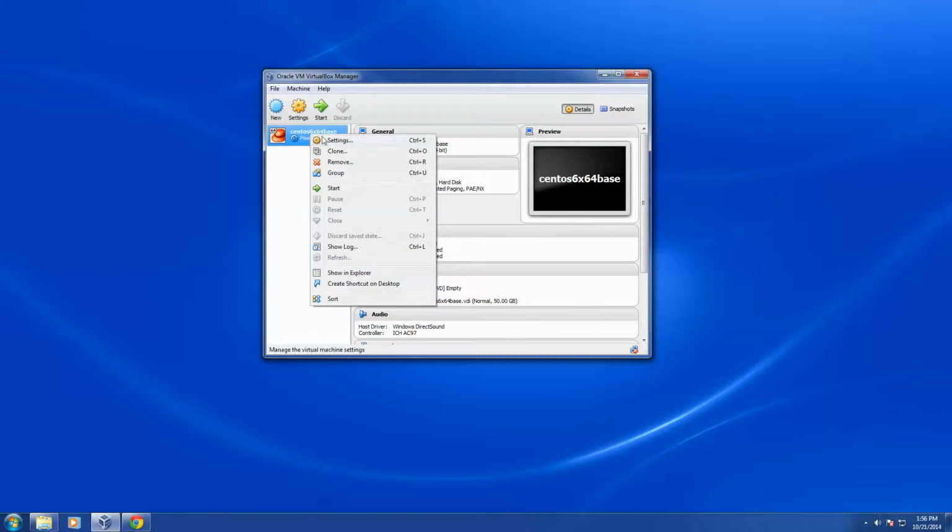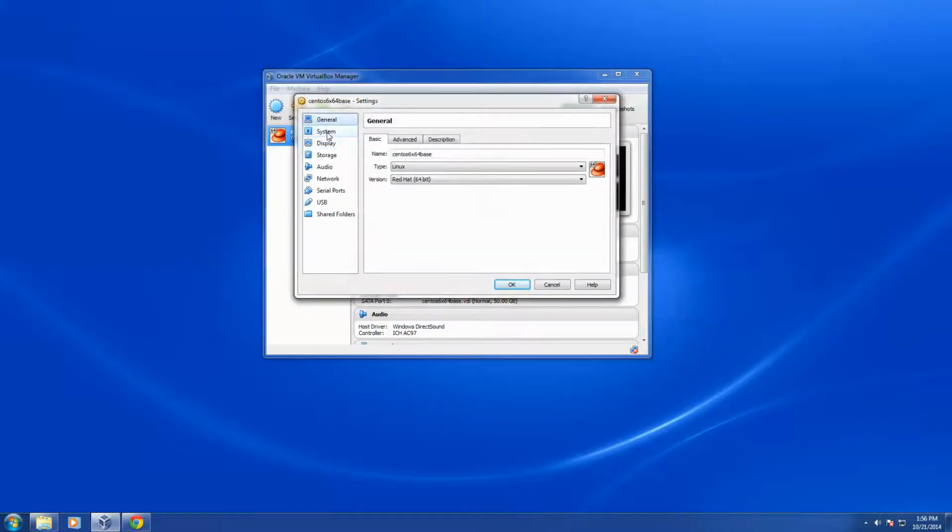Now I'm going to right click on this and choose settings, and I'm going to go down to system and processor and choose how many processors do I want to have for this. I've got 8 CPUs on this machine. If you had less, you wouldn't have to add additional CPUs to this VirtualBox. I'm going to go ahead and add 2 to this, and then I'm going to go down to my storage,